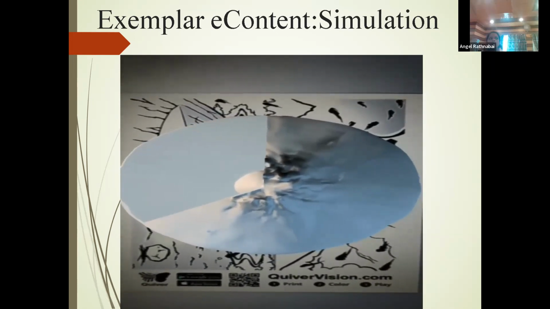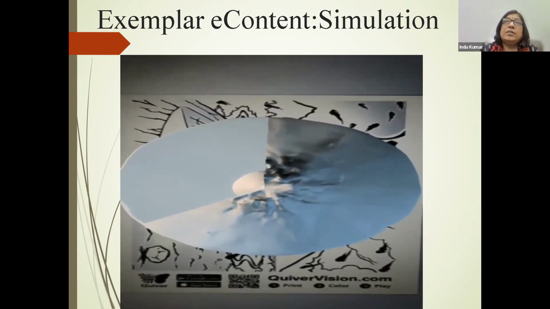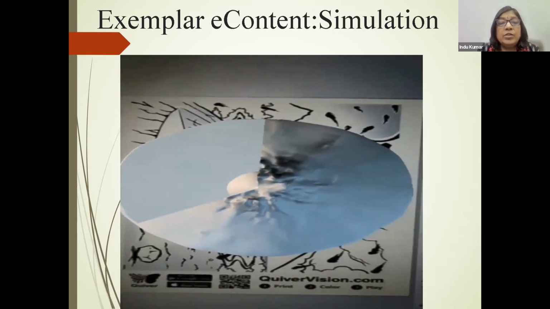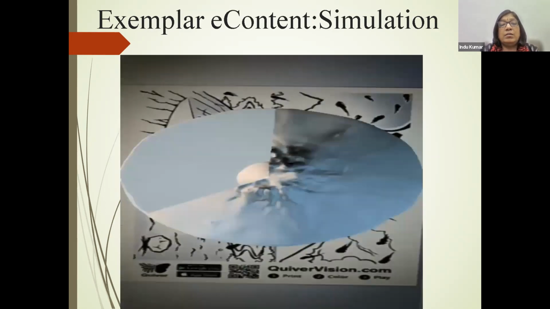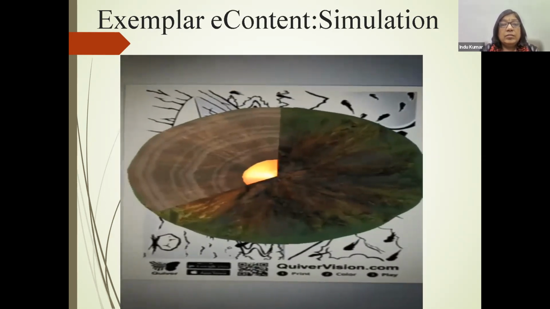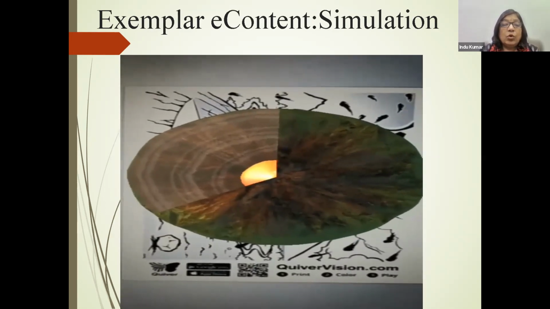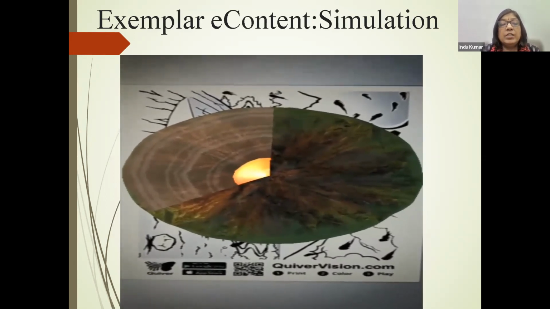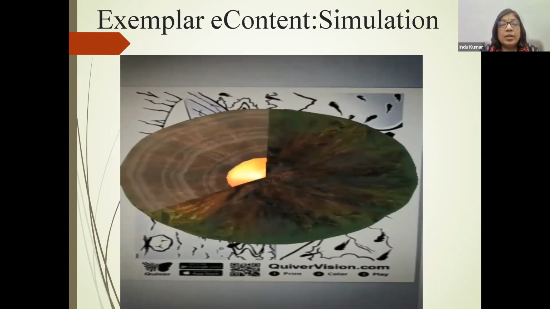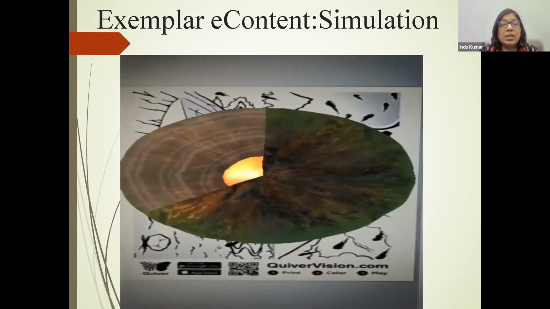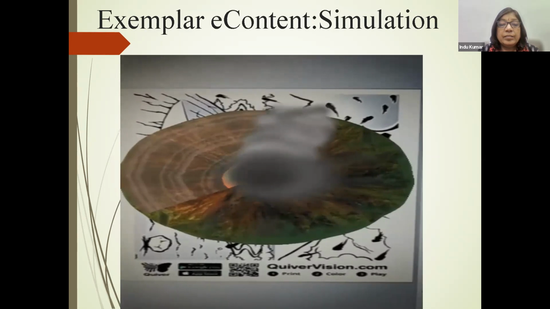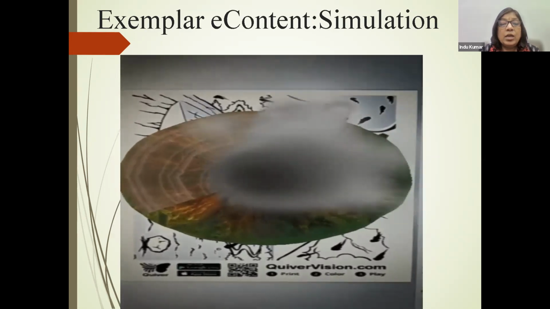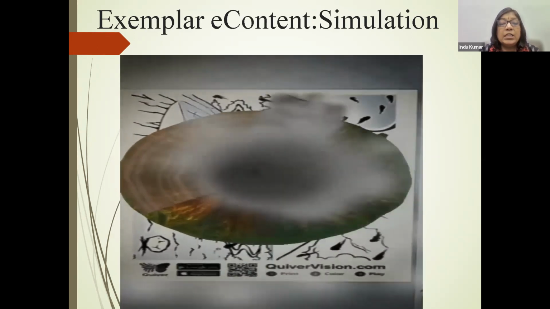By scanning it, you can now see that it is turned into a 3D image of a snow-clad volcano, and then how the volcano looks in summers, and what it is like from inside, and how it erupts, what happens when it erupts.